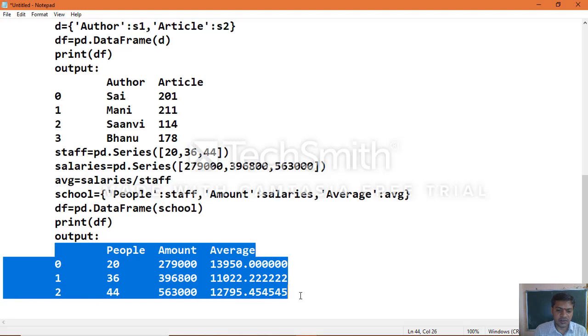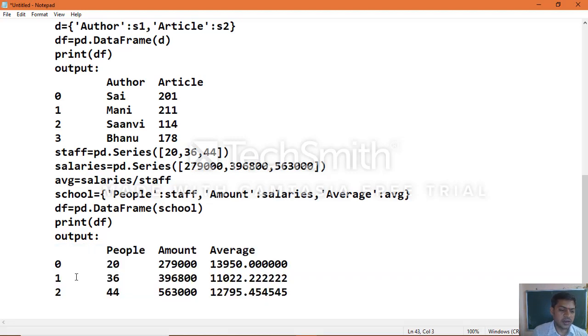You calculate the total number of salaries. So here this is the default index 0, 1, 2, 3 and so on, and you can see the average salary which we calculated. So that is how you can make use of a 2D dictionary with values as series objects. Now same way, we proceed to another one.